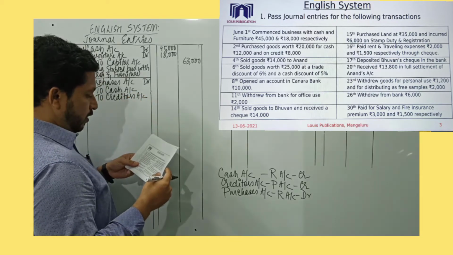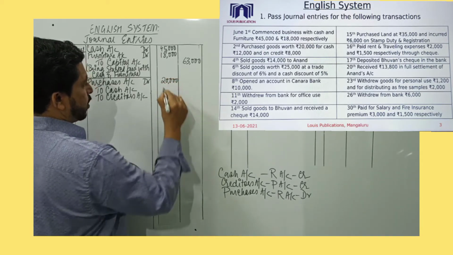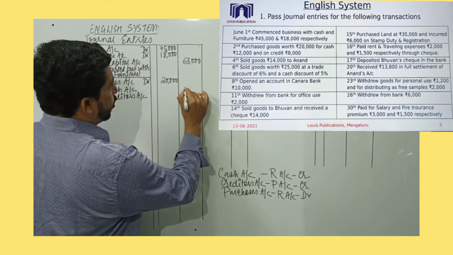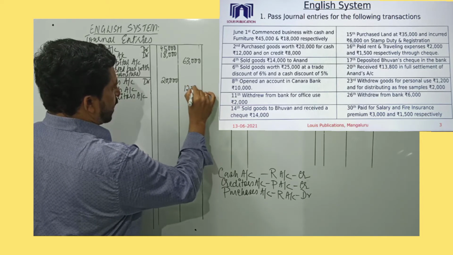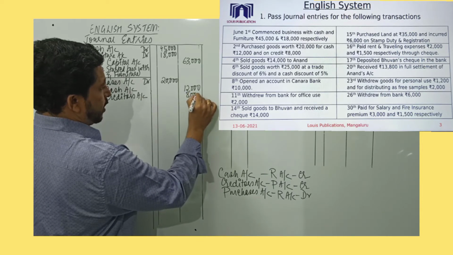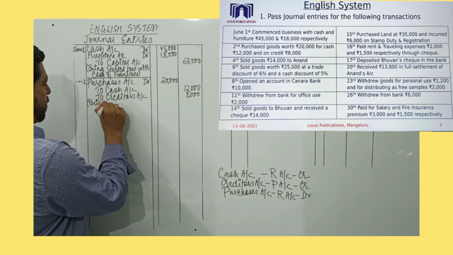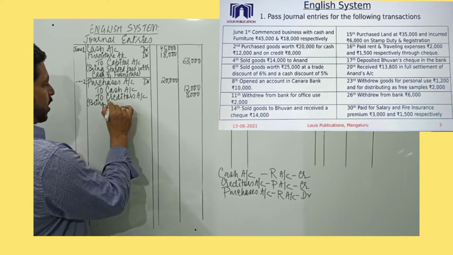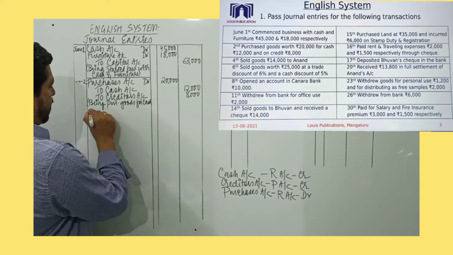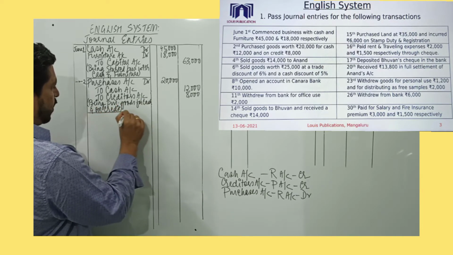So let's find out the values now. Purchased goods worth rupees 20,000. So this transaction is worth 20,000. Then for cash is given. The business is paying cash of only up to 12,000 rupees. So 12,000 worth is cash purchases in this 20,000 and 8,000 worth is credit purchases. So the creditor's name will be recorded. Narration being: purchased goods for cash and on credit.